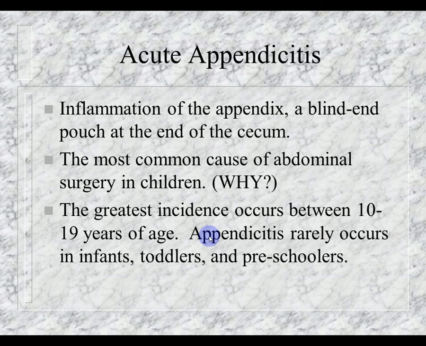So if the greatest incidence is between 10 and 19, with 10 being the average age, if you think about what's going on with this age group, you should be considering growth and development concepts. Some things that should be popping into your mind are body image and self-concept at this age. So things like abdominal scars do make a difference at this age. Just keep that in the back of your mind.